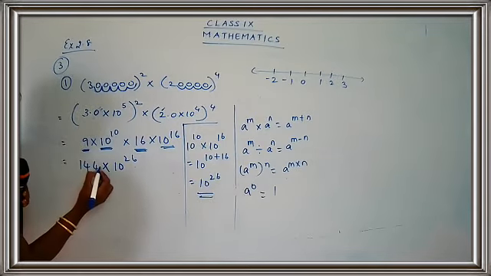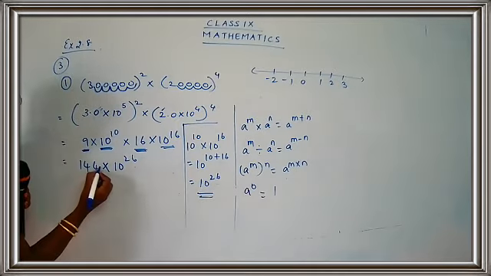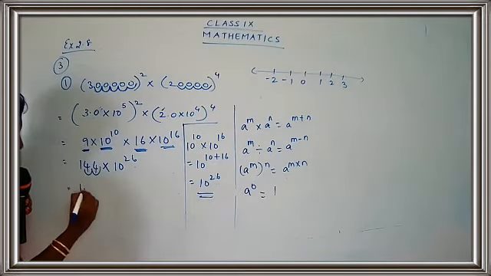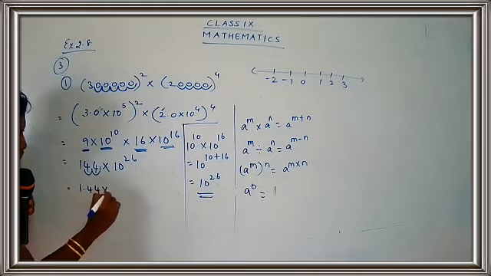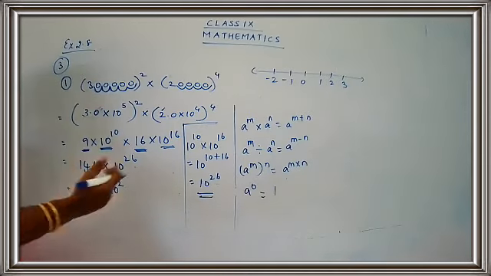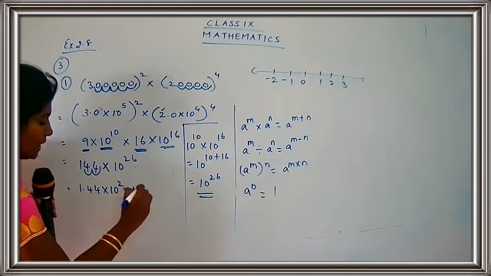So you're just going to shift this to after the first number. So the decimal point is over here. You're just going to shift the position 1 and 2. So I get 1.44 into 10 raised to 2, because we are just going to shift the decimal point to the left side. When you move to the left side, you have to take the power positive. So you get 1.44 into 10 raised to 2, and here it is 10 raised to 26.